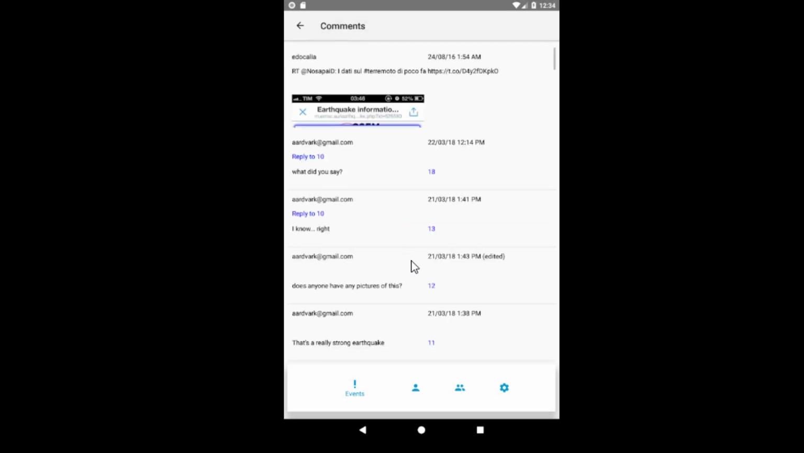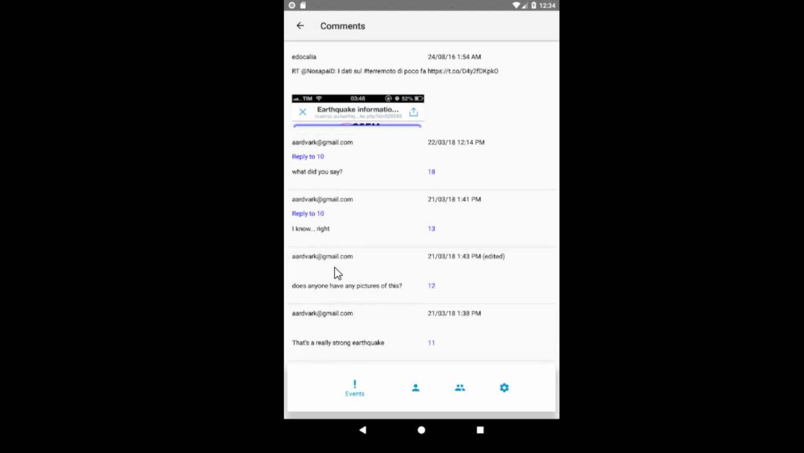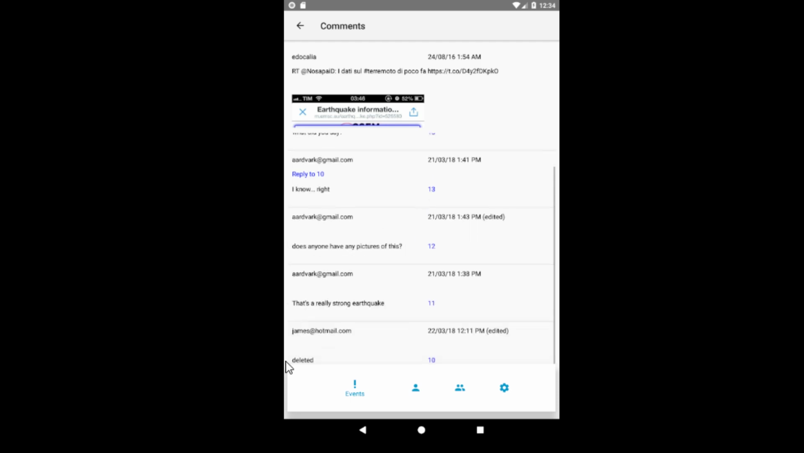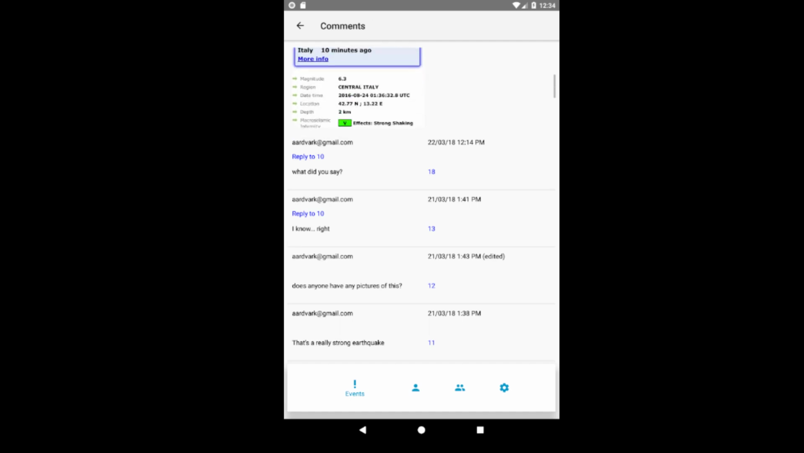So if we click on this, we can see we've got a comment chain already here between a couple of users. We have Aardvark and we have James. And you can see here that each comment has a date that it's been commented on. It tells us whether or not it's been edited or deleted. It gives us the number of that comment. For any comments that are replies to other comments, we see what they've been replied to. So if we click on these, we can either choose to view the user or reply to the specific comment, or if we click the event up here at the top so we can see what it is we're all talking about,